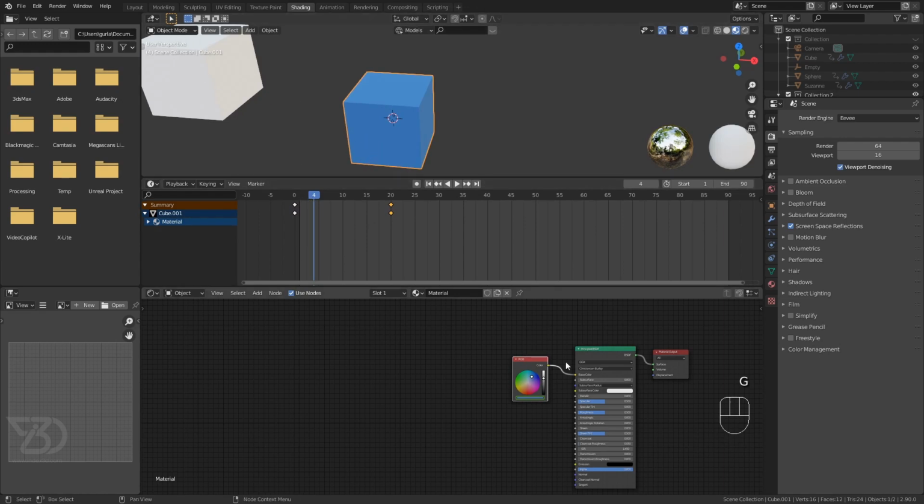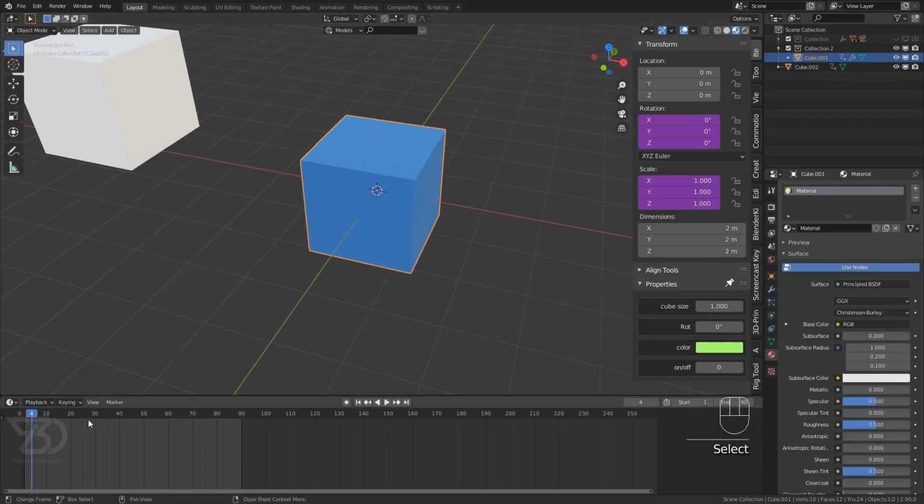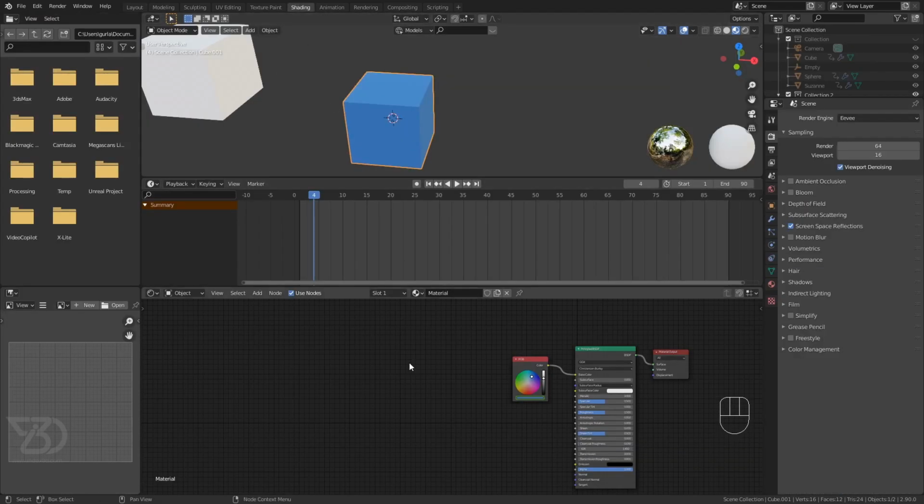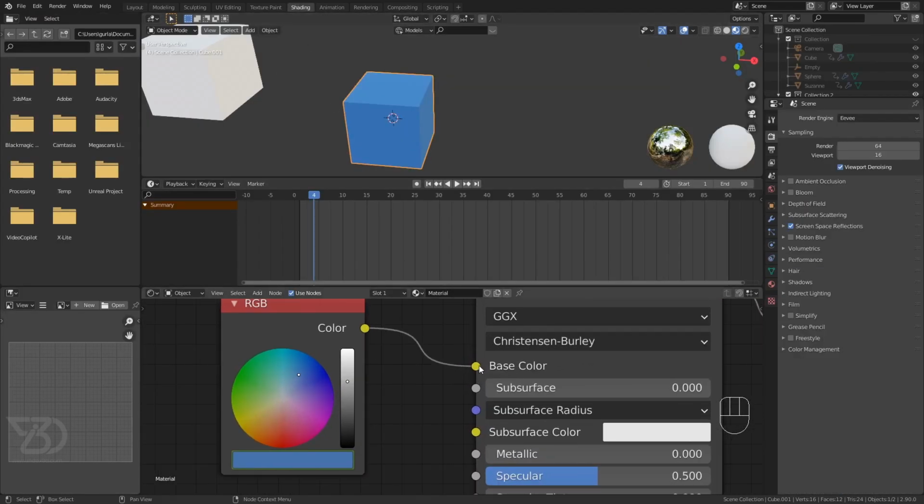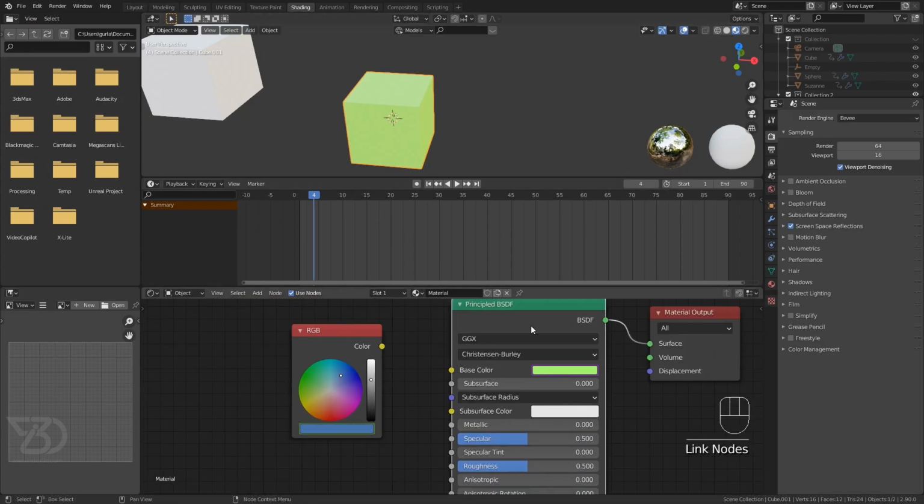Also, if we have this window open, but assume we are in this window, we cannot see the keyframes and we cannot move, organize and adjust them. So this is where this thing comes in handy. So let's just remove this. We have these drivers, and we do not even have to be in the shading tab.